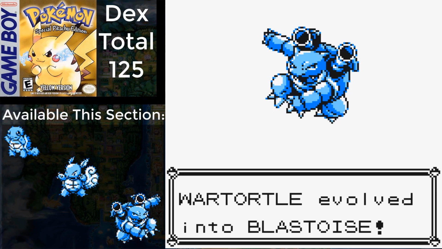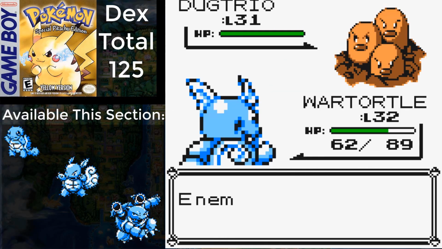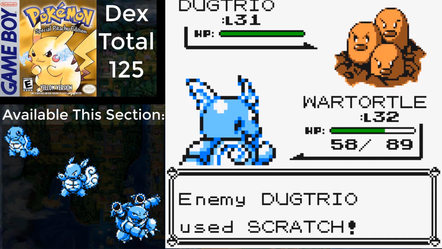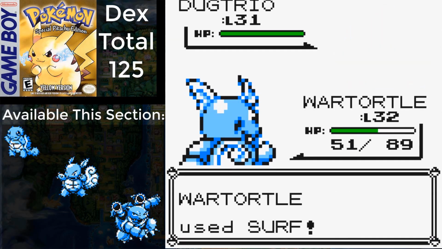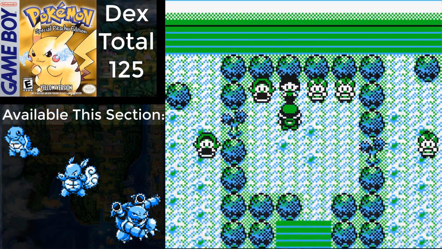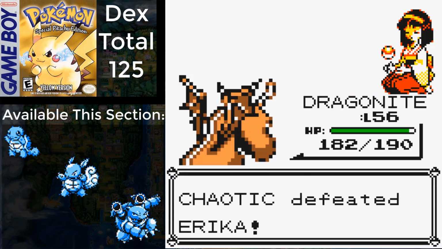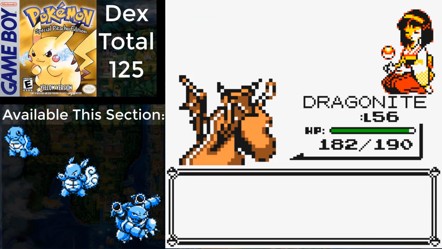I somehow did it within about an hour or so, seeing as I did some soft resetting for Dugtrios again with the Repel trick until level 32. From here, we've got to fight Erica so that we can get access to using Strength outside of battle. I got to her with a time of 34 hours and 14 minutes, annihilated her with my Dragonite, and...